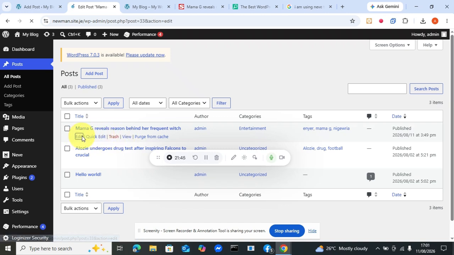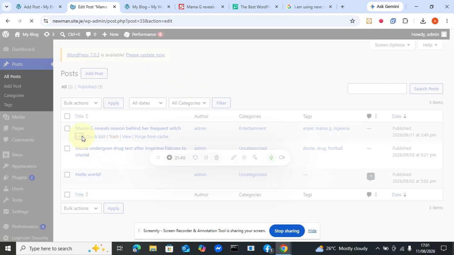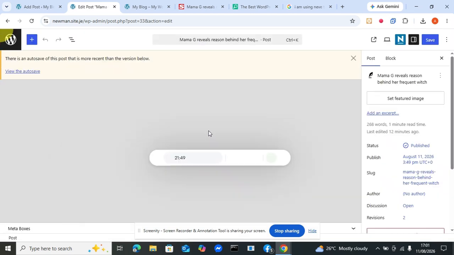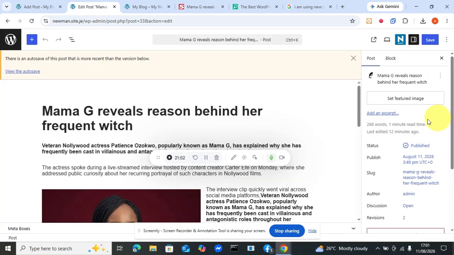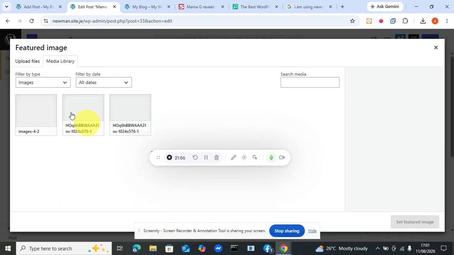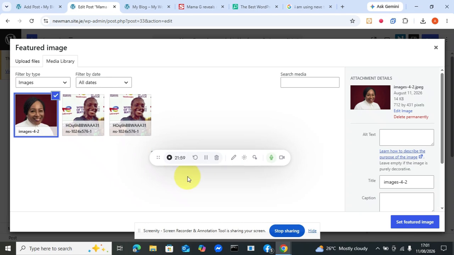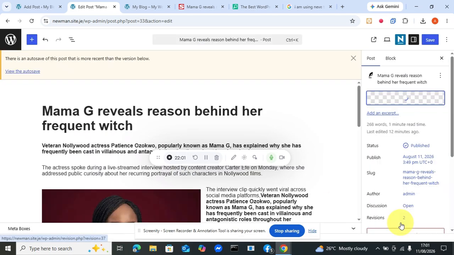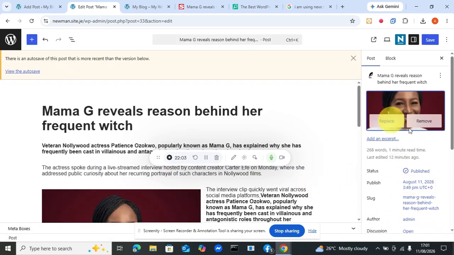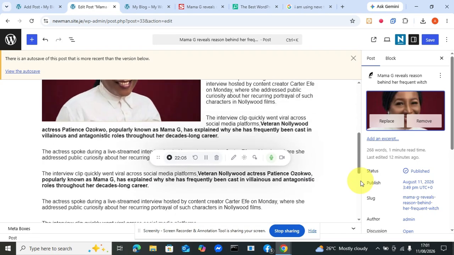When I click on edit, it is going to open an environment where I can edit it, and then I'm going to see this place, set featured image. I'm going to click it and download this image which I have here, and then click in this place. It's going to come up, and then after that